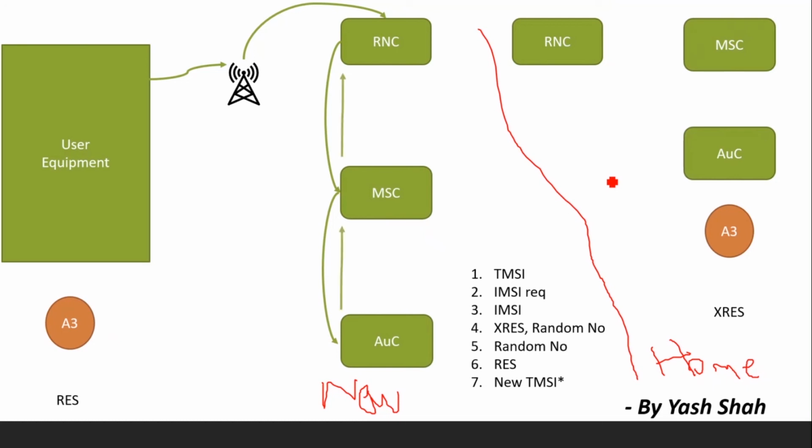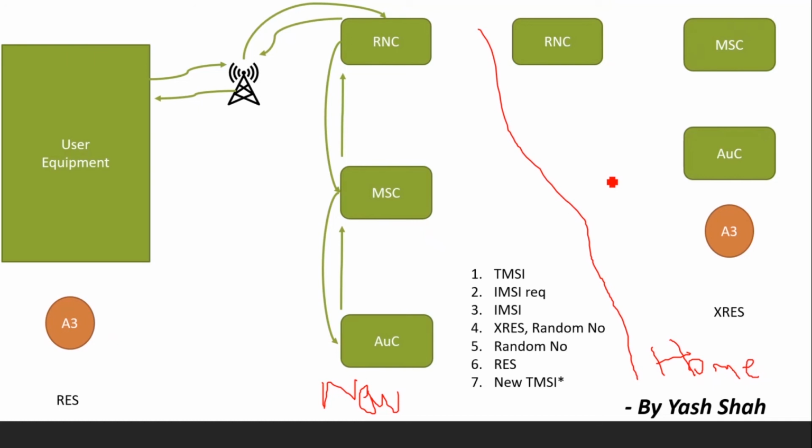So it replies back to the MSC, RNC, and the RNC tells the user equipment to send its IMSI instead of the TMSI. The IMSI, international mobile subscriber identity, is requested from the user equipment as the TMSI has not already been registered.